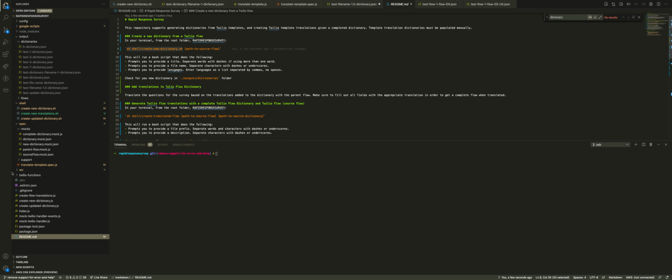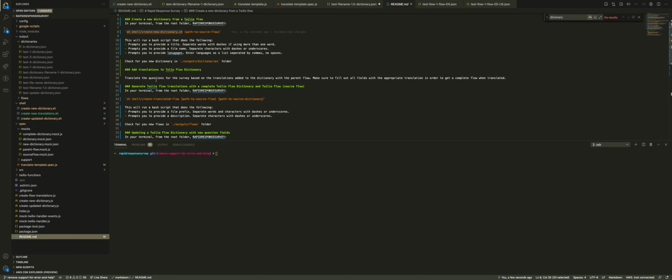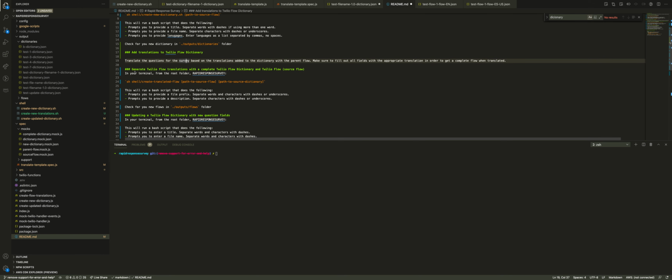Let's look at the next action, which is to create the translations. So in the README, we outline how to add translations to the Twilio flow. Can put more detail there. Sorry, missing an I. And then after we have that completed translation, we can generate the Twilio flow translations. So let's look at the instructions for that. In your terminal, from the root folder, rapid response survey, we're going to enter in this command, sh. We're going to go into the shell folder, create translated,